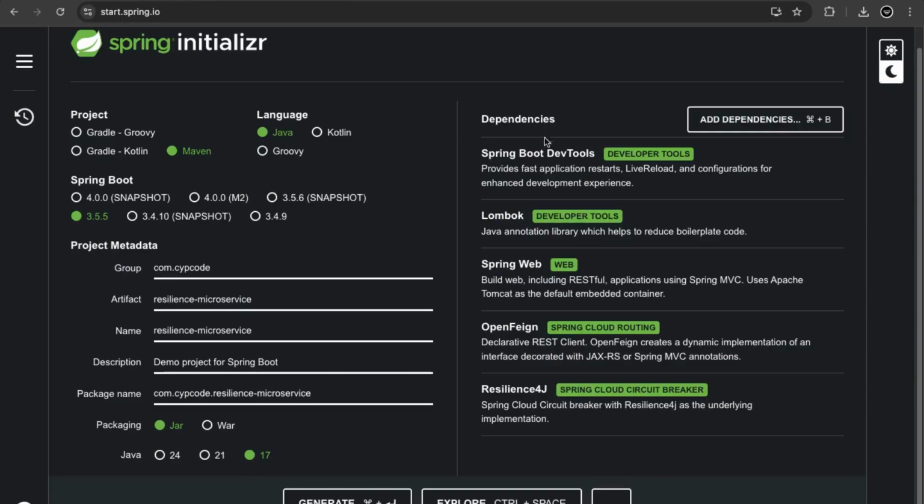Then on the dependencies, we have DevTools for live reload when we actually make changes on our code base, and we want that to reload without us manually restarting the server. Then we have Lombok for boilerplate in our POJOs. We also have Spring Web so that we can create our REST APIs and we are able to make those calls